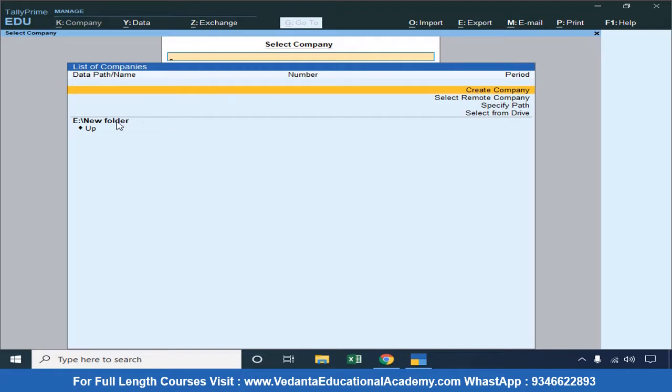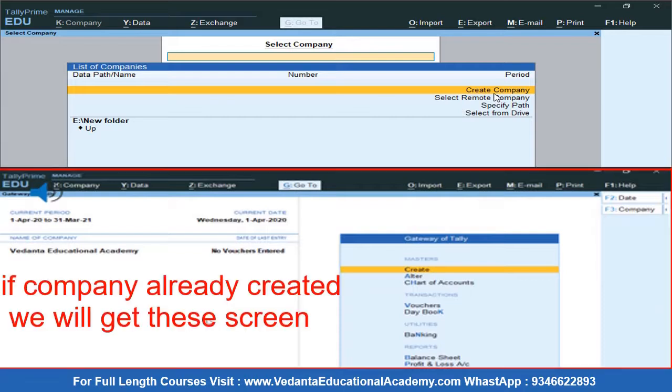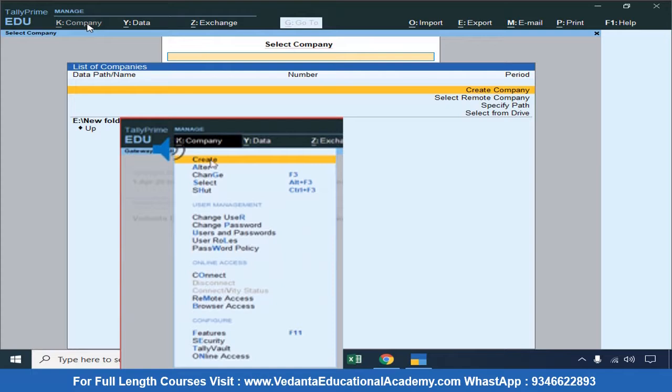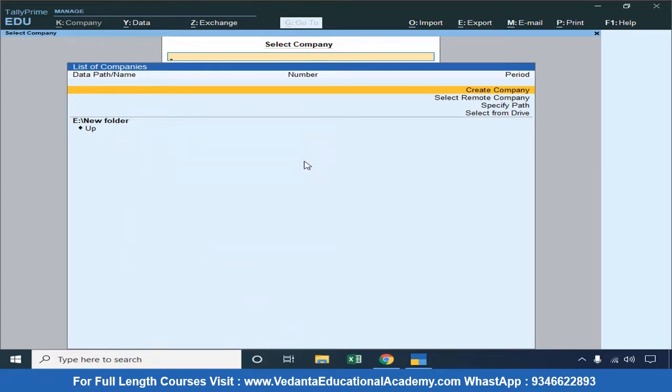Now here in this system, I have not created any companies, so I am going to face the first screen as select company, and directly the path is available to the create company option. For example, if your companies are already created, then the system will display company names in that location. In that case, you need to click on company, then in the drop down option you can access a screen called create company. But as of now, in this system, I have not created even a single company, so the system is directly going to display this screen.